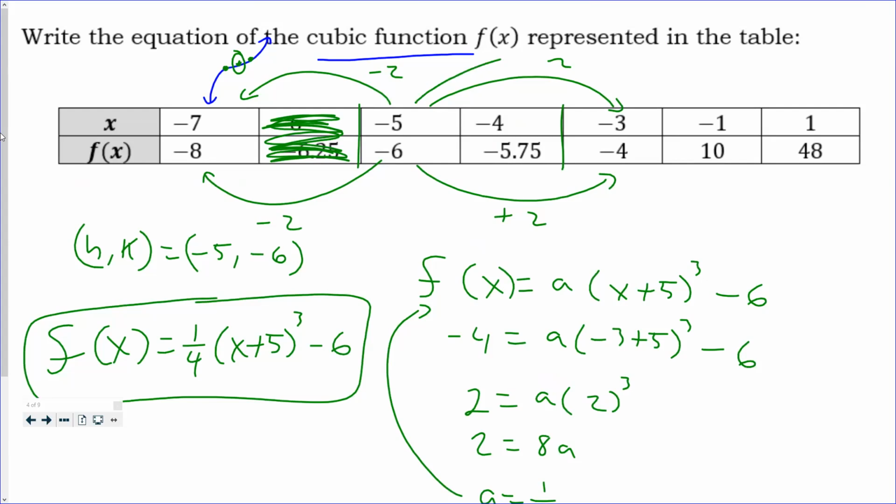If your x jumps by, in this case, 4, your y's need to jump by 4 cubed, whatever that might be, 64, right? But in both these cases, it's not 64. Instead, it's 14. So what's happening is that, well, I jump by 2, so it should be 8, right? From -5 to -3 is a jump of 2. So my y jump should be 8, but I compressed it by some A value